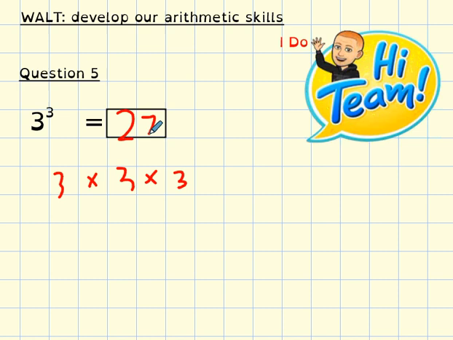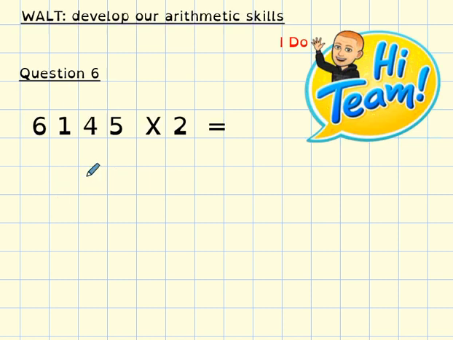Question 6, multiplying by 2, which essentially is doubling, isn't it? 6,145. I would, in these sort of questions, partition. So I'd partition the 6,000, partition it and double it. That's what I'd do. So I would partition the